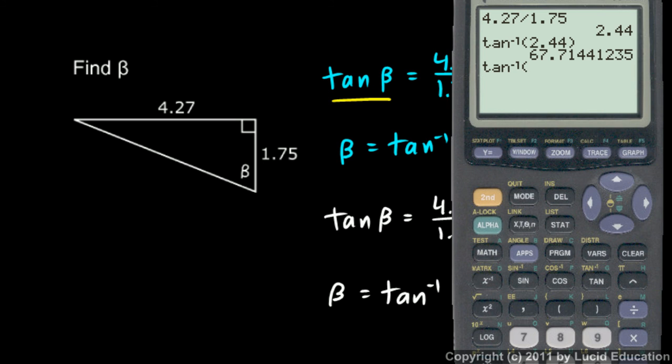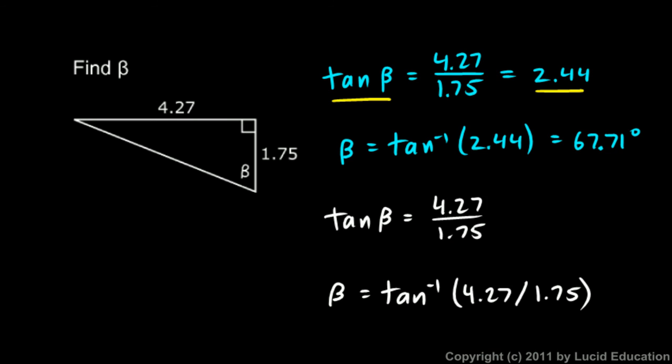See here? Inverse tangent of 4.27 divided by 1.75. And press enter, and it will say 67.71. Exact same answer, 67.71 degrees, rounded. So doing it in one step like this is a little faster and efficient and less error prone